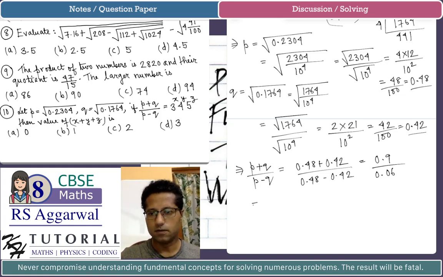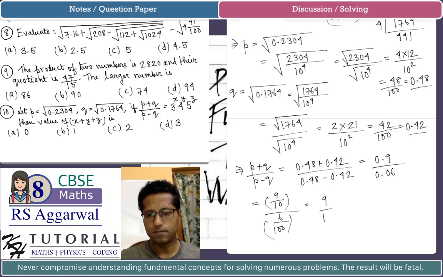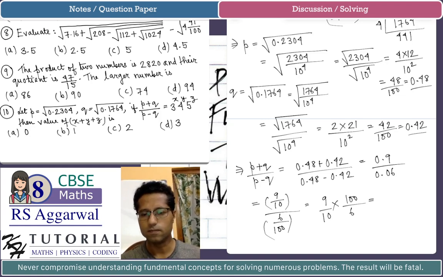So this becomes 9 by 10 divided by 6 by 100. So this is equal to 9 by 10 multiplied by 100 by 6. This is equal to